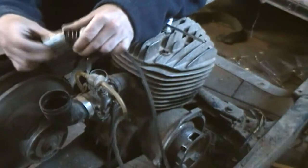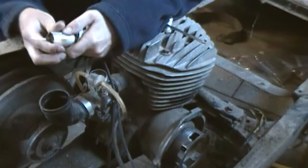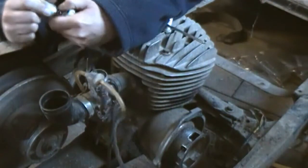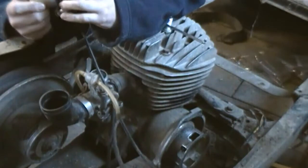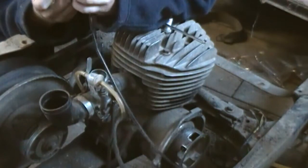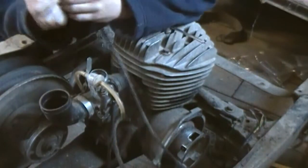If you've never had a carburetor apart, you'll take this little slide here. If you see this, just so slimy, you decompress that spring and you grab the cable. There's a little slide down the side. You could go and just give it a little pull, and this cable should be coming out. Oh, there's a little type of clip in there. It's holding it all in. I've never seen that before, but